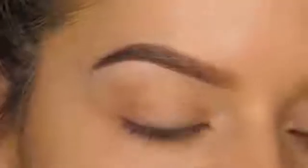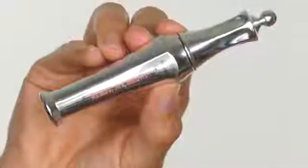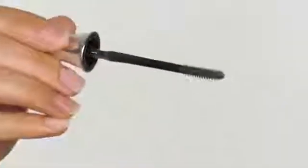You can also use the definer to go around the top half of your eyebrow, especially if it blends in with your skin tone perfectly, because you don't want it to look like an obvious concealer line. Instead, it will just make your brows look beautifully well groomed, and it's a great way to conceal any tiny sparse hairs. I'm now going to set the hairs in place with the Ready Set Brow 24-hour brow setter, also